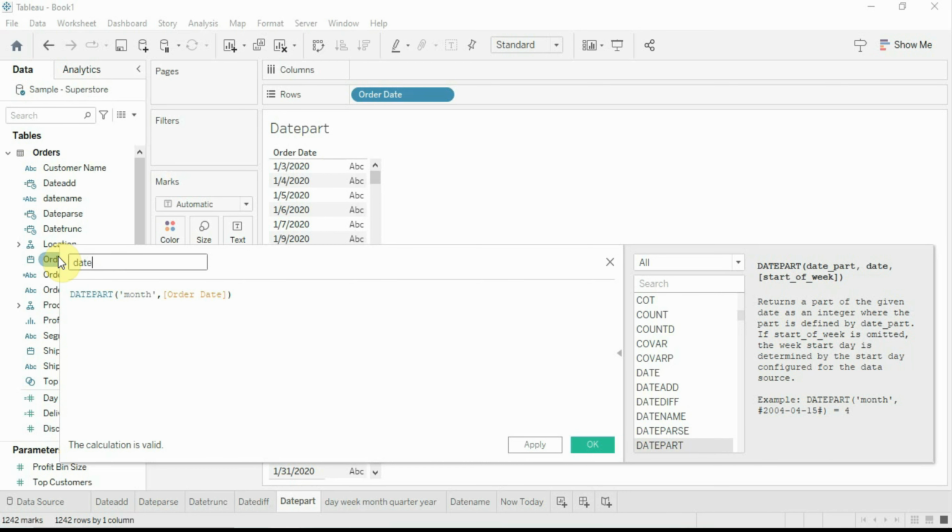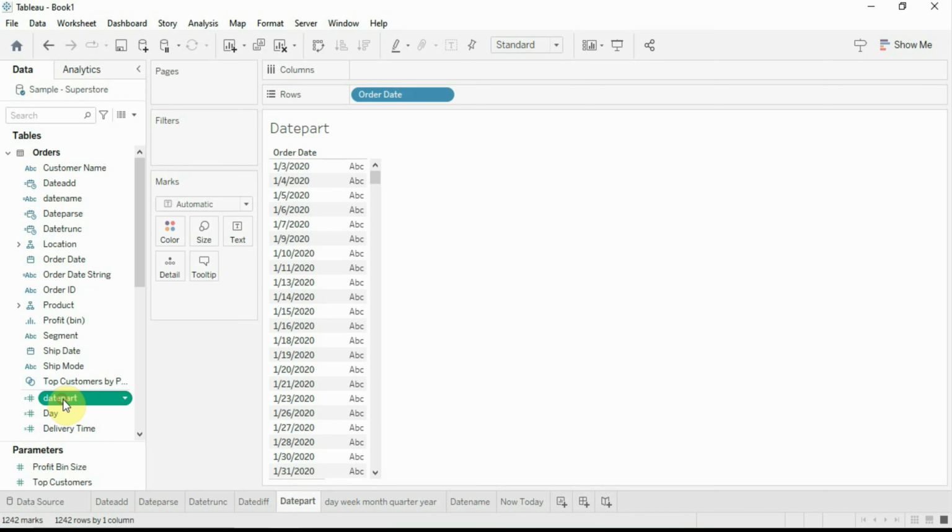Name the calculation as date part and drop this calculation into the text. Change the aggregation to attribute. Now you can see that it is showing the month number of each date. The month number of the first order date is 1.